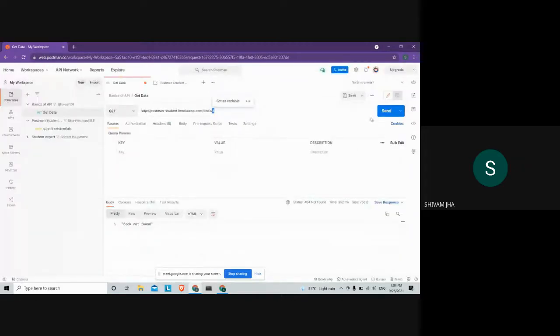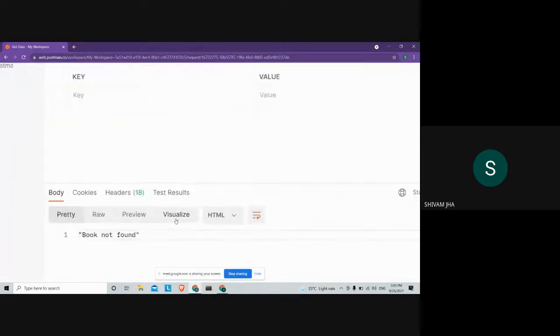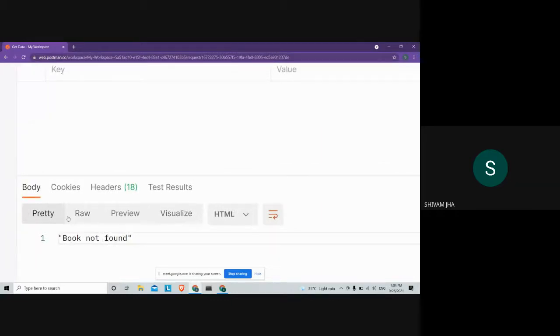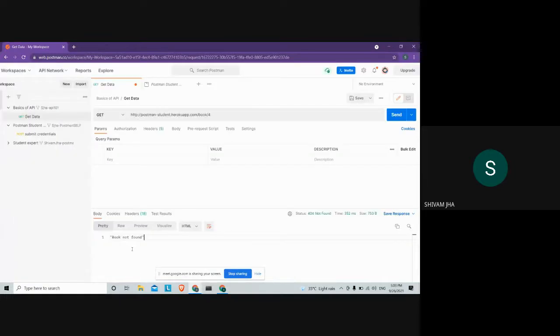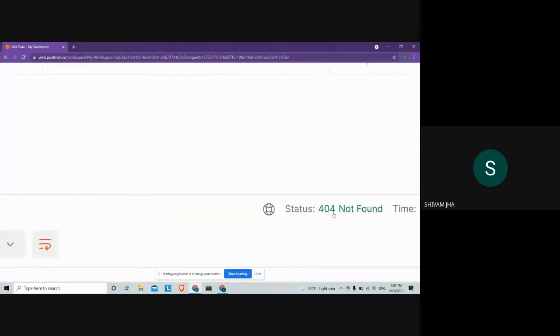Now when we make this send request, we get a response from the API, that book not found. Why is the book not found? Because as we have started our session, there are only 3 books in that API, index 0 to 3. And this is your status code, 404 not found, which means that your book is not present in our server.